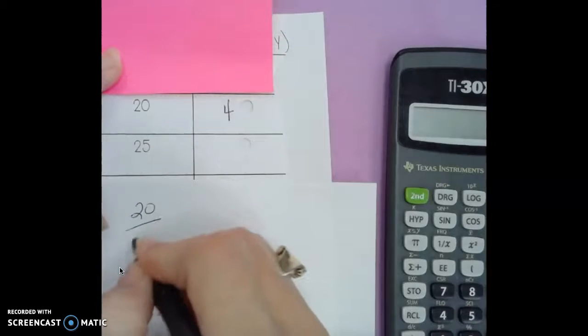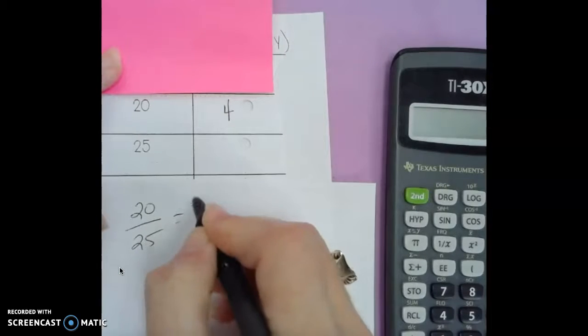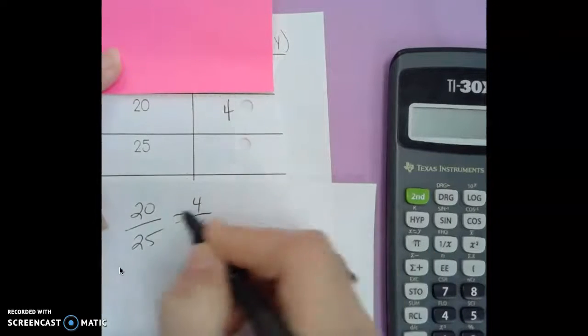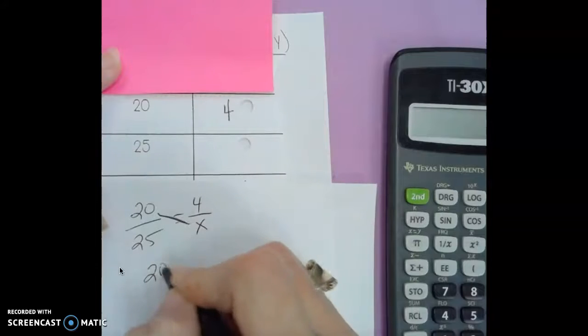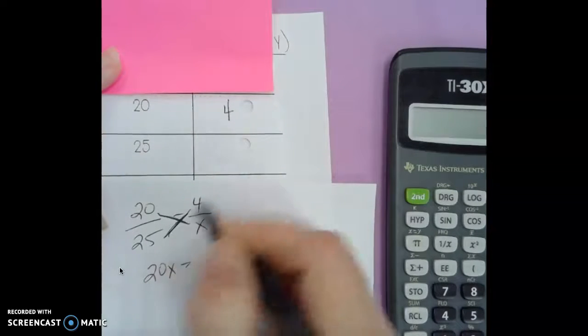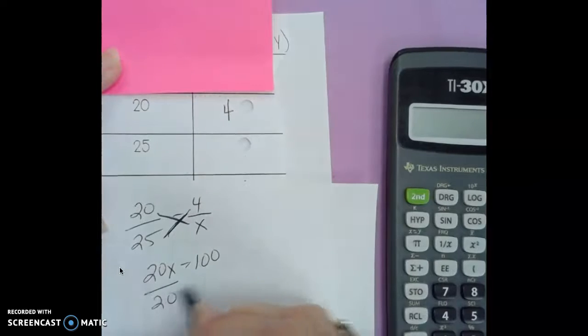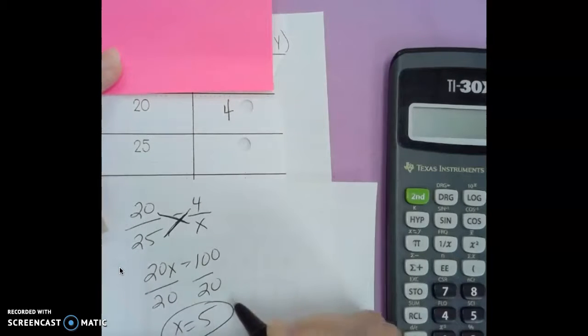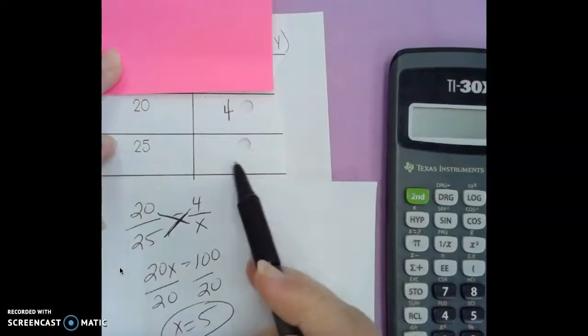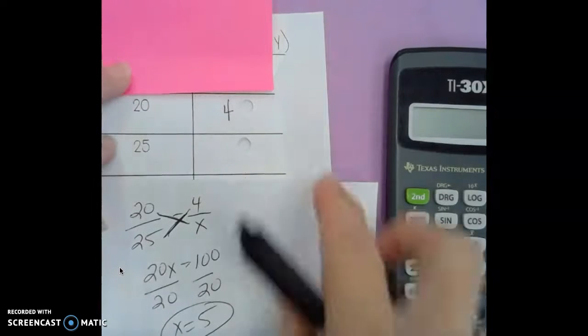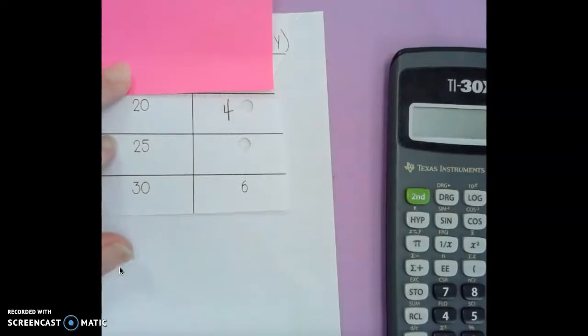So if I want to do 20 over 25 equals 4 over x, I'm going to do 20x equals 100. So I divide both sides by 20, and x equals 5. So if I solved it that way, I got x equal to 5. Well, just for curiosity's sake, let's say I didn't want to do that one. I wanted to do